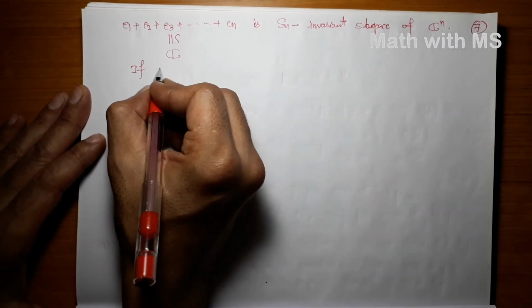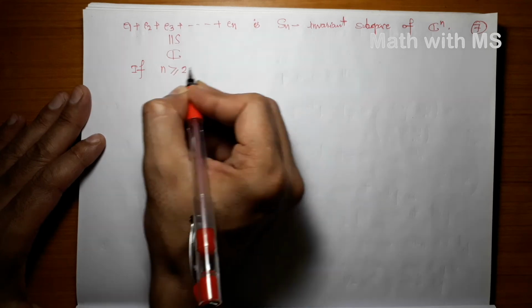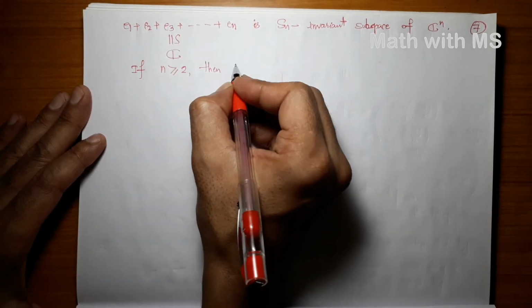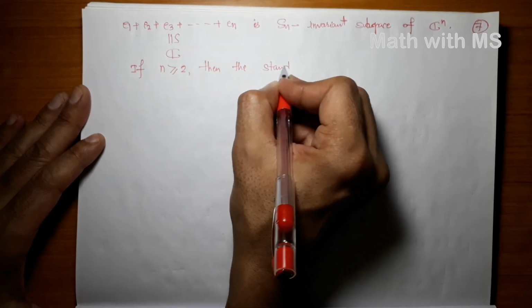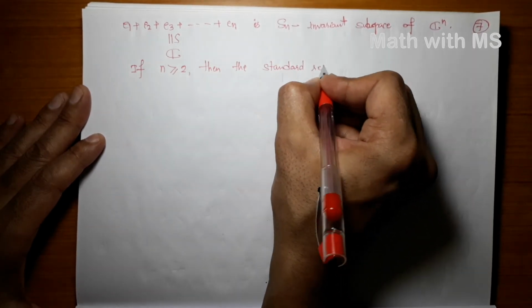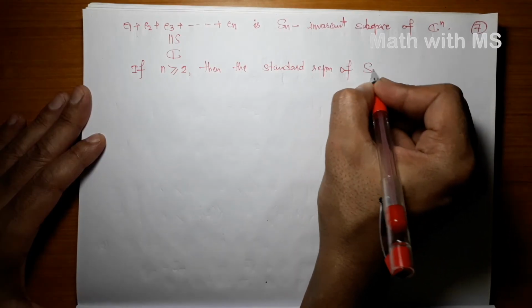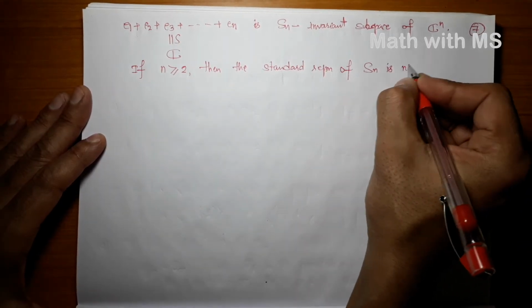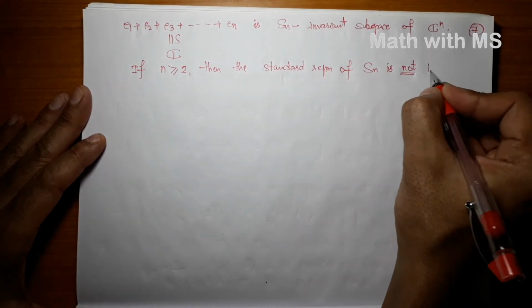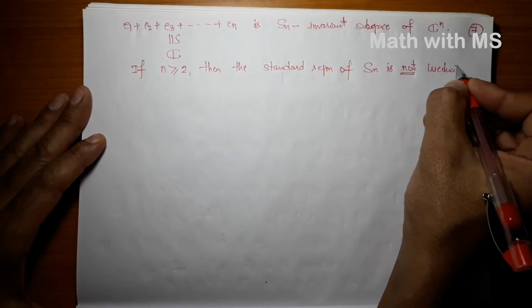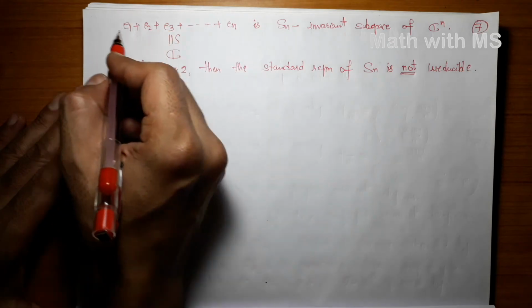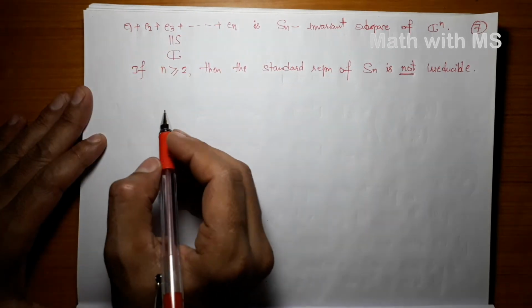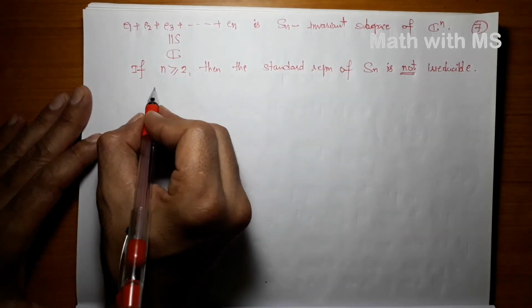Okay, so if n is bigger than or equal to 2, then the standard representation of Sn is not irreducible, right? Because it has a one dimensional invariant subspace, and why that is the case, you can easily check that